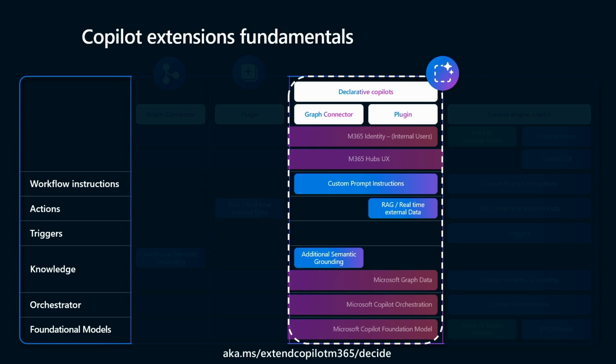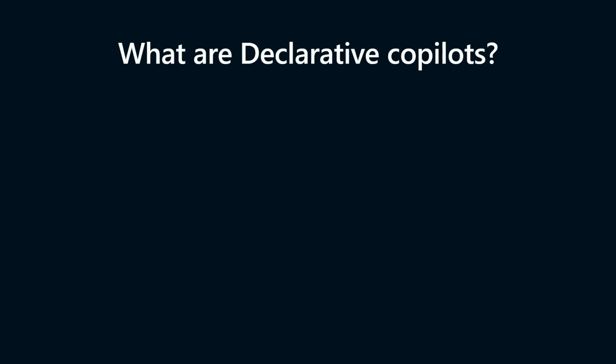So you're not necessarily messing with the innards of the LLM model itself, but what you've given to it is a specific set of instruction set on top that gives it the personality or the focus. What do these declarative Copilots really help out in?